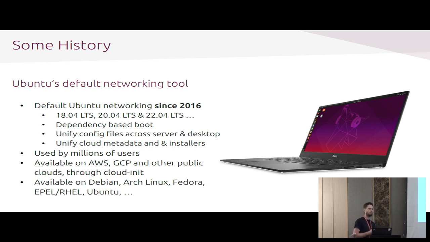And the reason for having Netplan in Ubuntu, besides the unification of configuration files and file system paths, was also the push for a dependency-based boot system back then in 2016, where there was Upstart or systemd that had a different boot model, and the existing networking daemons didn't really match up to support that in a good way.